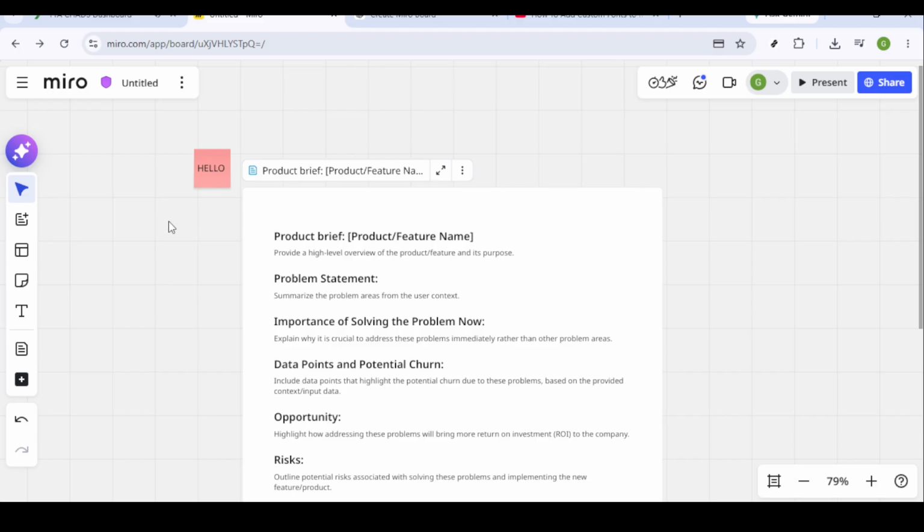Now let's move over to using a trackpad, which is common if you're on a laptop. For this method, you'll use a gesture known as the pinch to zoom. Place two fingers on the trackpad and gently pinch them outward, away from each other. This movement mirrors what you'd do on a smartphone or tablet, so if you're familiar with touchscreens, this should be an intuitive process. As you pinch outward, you'll see your view of the Miro board zoom in, revealing the intricate